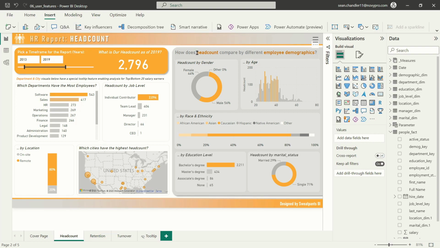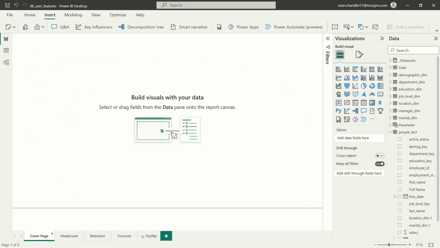A lot of your users and a lot of companies don't know Power BI the way that you or other Power BI developers know it. So they don't know that data-driven tooltip report pages are a thing. They don't think to hover over the visual for more insights. So of course, when you build a really cool feature, make sure your user knows about it by just telling them and even leaving a note on the report page if you must. So there's our report page tooltip. Now let's go ahead and start rounding this report out by building a cover page that also tells our users what to expect in this